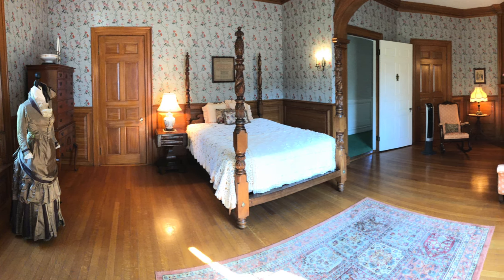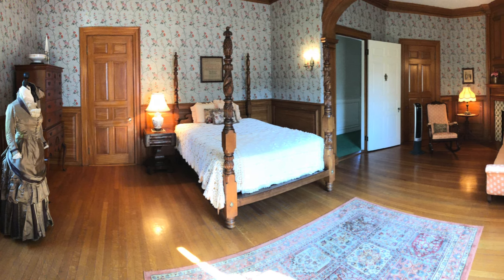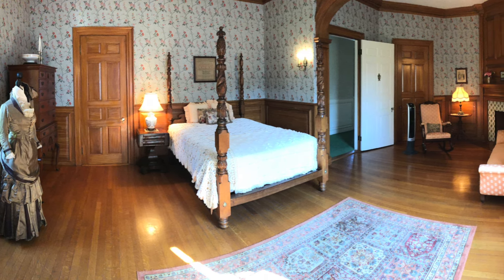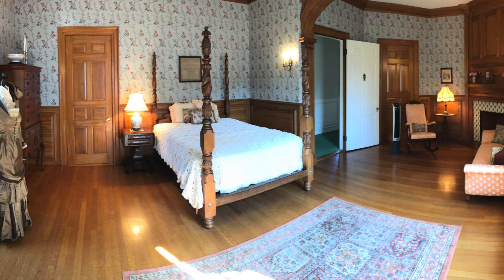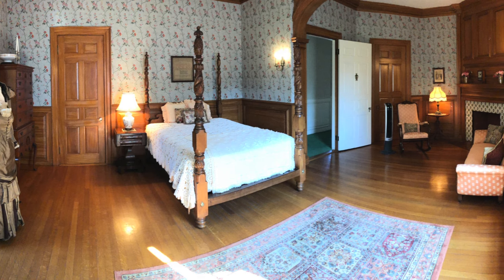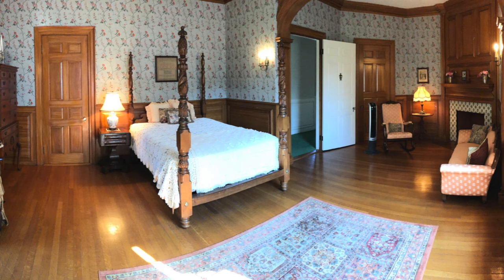This bedroom is part of the Willoughby era addition and is said to have belonged to Grace, Mr. and Mrs. Willoughby's only child. The paneling is made of sycamore, a shade tree with reddish-brown wood. In the 19th and 20th century, making a good marriage was the most important, if not the only goal, of